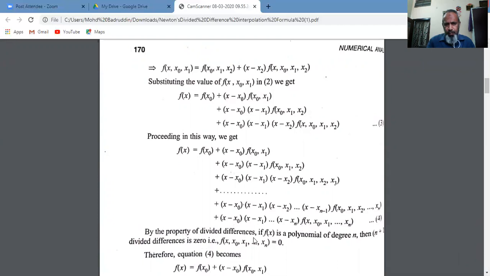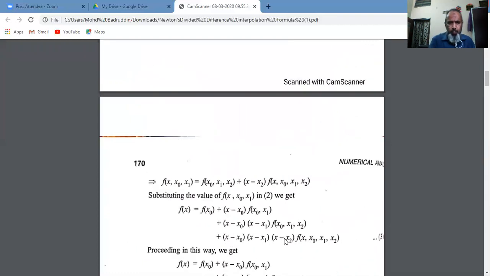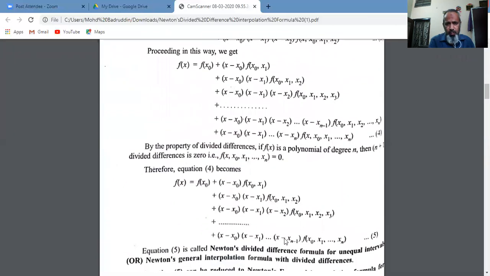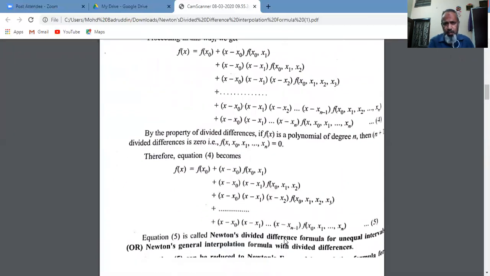By the property of divided differences, if f of x is a polynomial of degree n, then the n plus 1th divided difference is 0. So we have seen that if it is a polynomial of degree n, then the n plus 1th differences will be 0. So f of x x naught x1 up to xn is equal to 0. This is the nth divided difference, so it will be equal to 0. So here we have to substitute this value as 0. Now equation 4 will become, so if we substitute in equation 4 f of x x naught x1 up to xn is equal to 0,